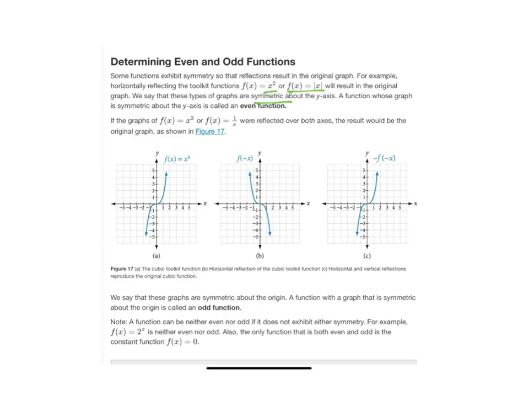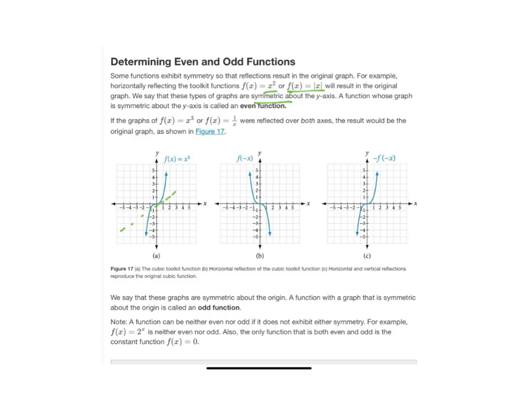Think of your square root function. Your square root function is not symmetric on anything, right? It is not. But the cubic function, look at this one. Y'all see this picture right here? f of x equals x cubed. This is symmetric, but it's not symmetric on the y-axis. It's symmetric on the origin. If I folded it on the x-axis, I'm not going to get the same thing. But if I fold it on this line y equals x,